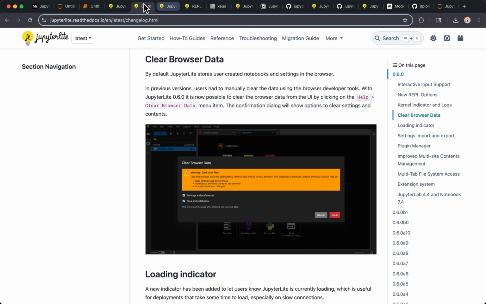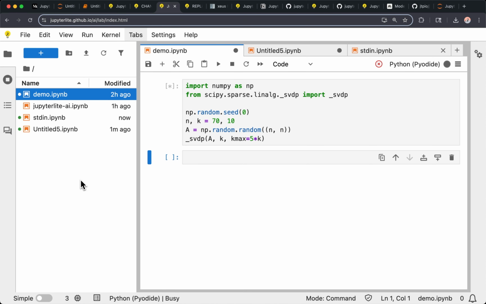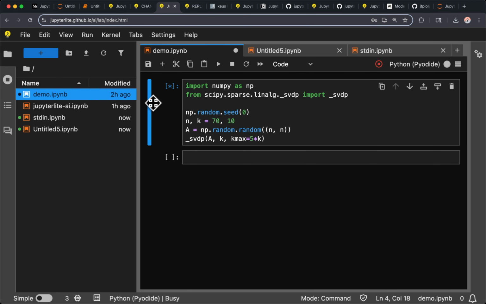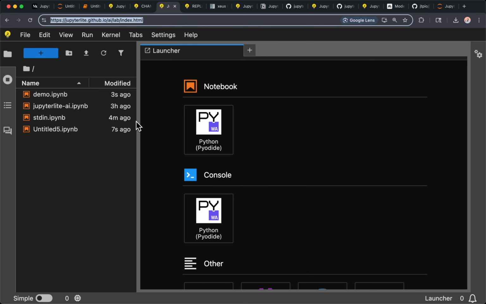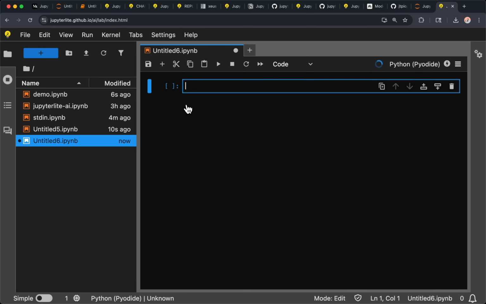Another thing in JupyterLite that is sometimes confusing is where are my notebooks stored, and also where are my settings stored? Because if I switch back to the dark theme, and I refresh the page, or even if I open a new tab, it's keeping this dark theme. So people sometimes ask, how can I go back and reset everything? Since everything is in the browser, JupyterLite needs a place to store all this stuff. If I create a new notebook, it's going to store it in the browser storage, and the settings are the same, they go in the browser storage.